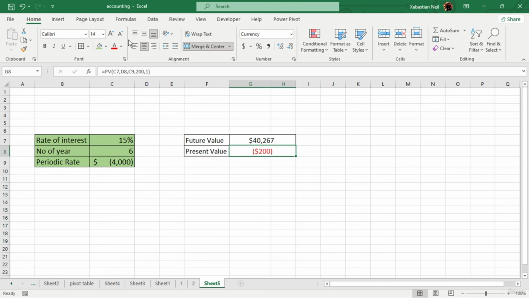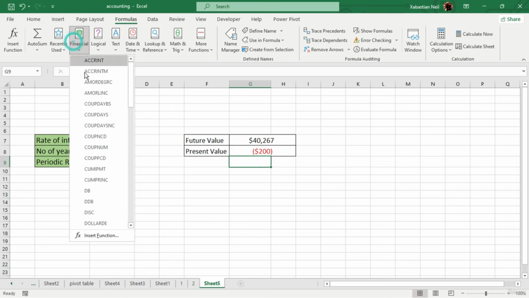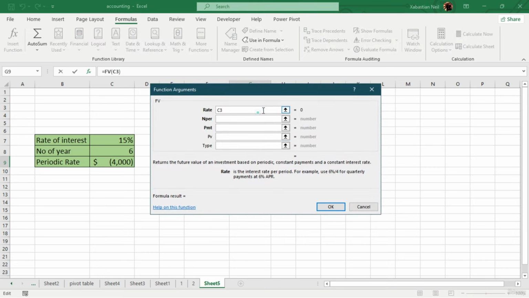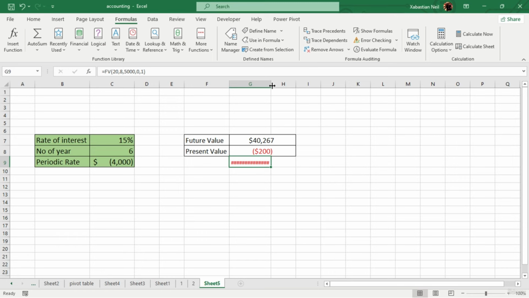Well, I'm going to show it to you again by using the formulas tab. Okay, so let's say I want the future value. I'm going to type in all of those values, so first off I'll do the FV function. I'm going to go to formulas, financial, and let's say I want the rate to be 20%, or let's just type in 20, and the nper is going to be, let's say, 8 years. The payment is going to be $5,000, and let's keep the PV at 0, and the type should be 1. Okay, I'm going to type in OK,